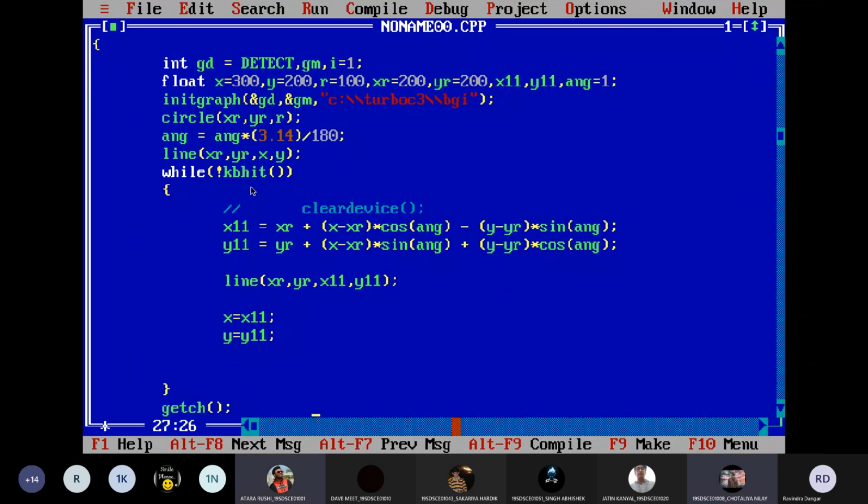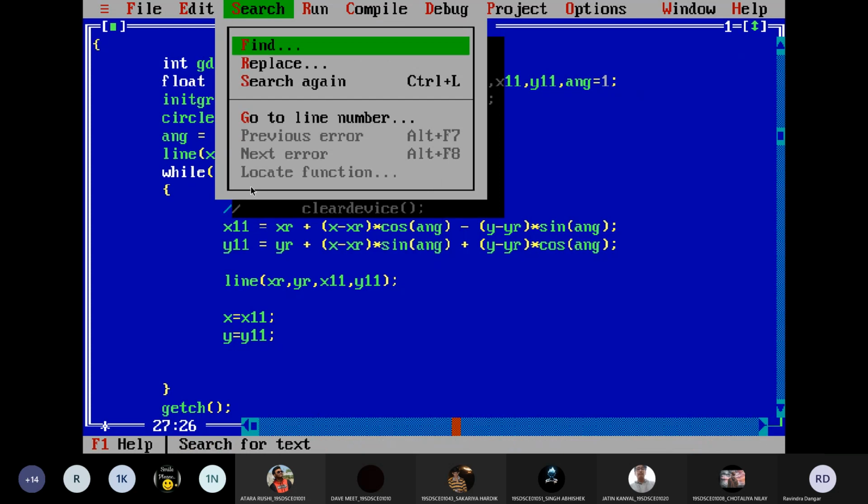Sir, can we update the angle instead and do it that way? Yes, you can. Instead of going with one angle, if you increment the angle by 1 every time, then you can use the same coordinates. That you can also do. In that case you need to increment the angle. Fine, so it is up to you. You have both the options.